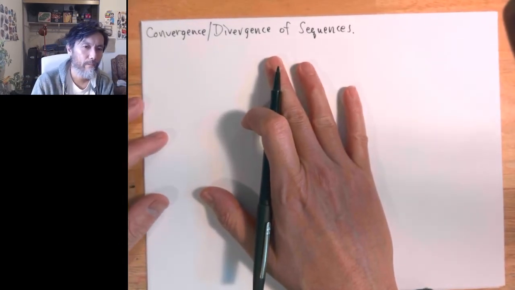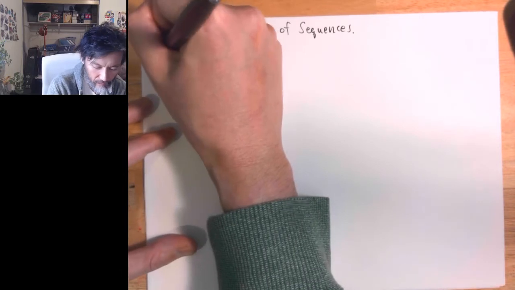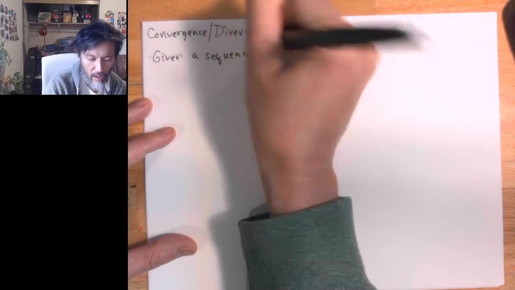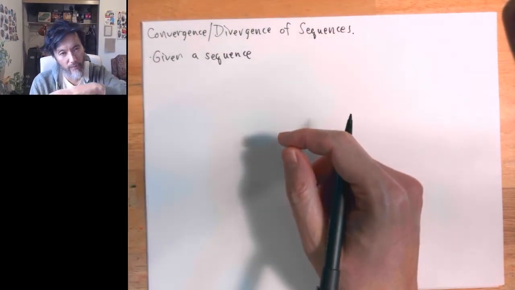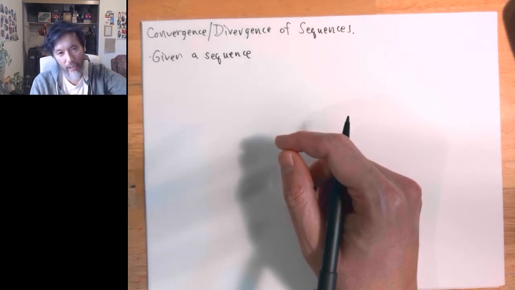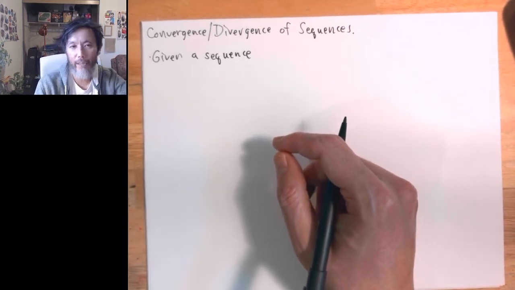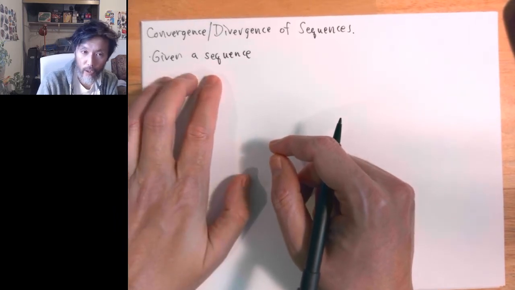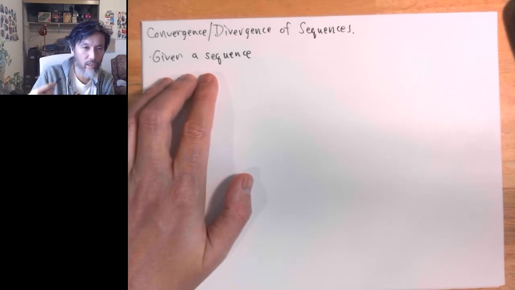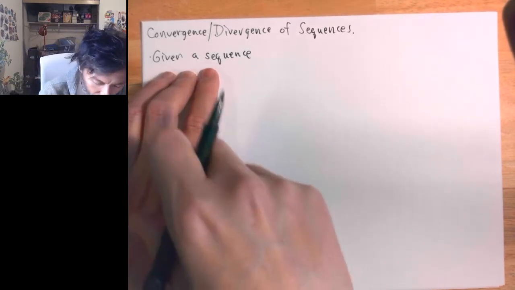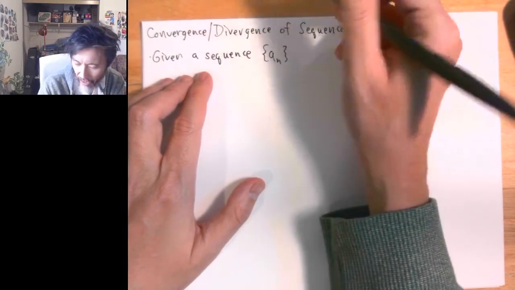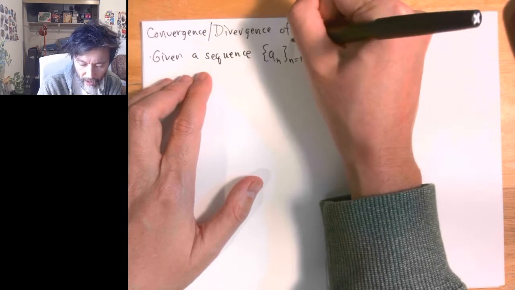So, given a sequence, and remember for us, it's an ordered list of infinitely many numbers. So it's like a grocery list, right? With infinitely many items on the list. Okay, but it's ordered, so the ordering of the numbers really matters. That's what I mean by that word ordered. Sorry, sometimes I take these kinds of words for granted. So given a sequence a sub n, let's say n starting from 1 to infinity, for example,